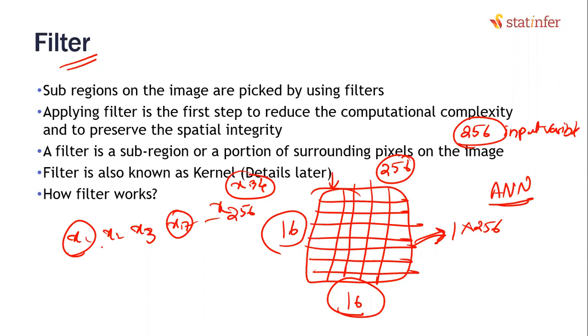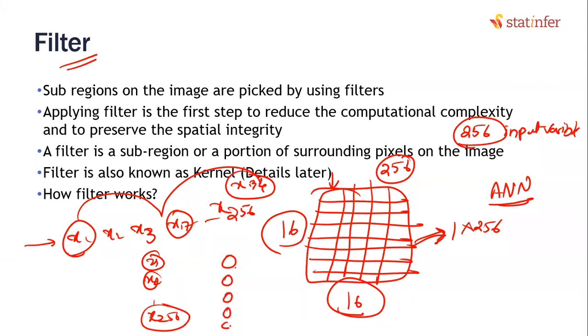Is there a way to pass on multiple variables put together as one piece of information to the ANN? Let's say, how does your ANN look right now? x1, x2, and so on up to x256, so 256 nodes in the input layer. And we have added, let's say, 20 hidden nodes, then 10 output nodes. Now, how do we say that x1 and x17 are connected to one node only? In the standard ANN, can we create